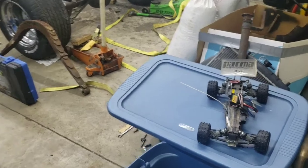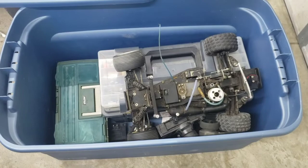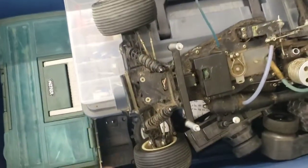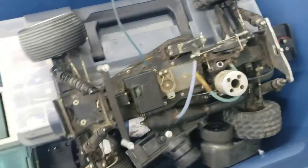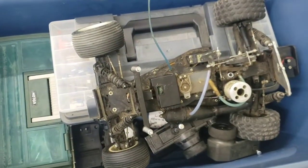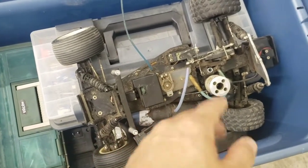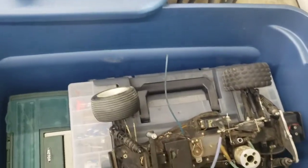I came across a really good deal on Marketplace, and for 50 bucks, picked up a Traxxas Nitro Sport that's in okay condition. I'll replace a few things and put it back to factory, but for the most part, I'll post this back up for sale for probably about 60 bucks up to probably 100, depending on how well I can get the old Pro 15 started and see what other parts I've got that are